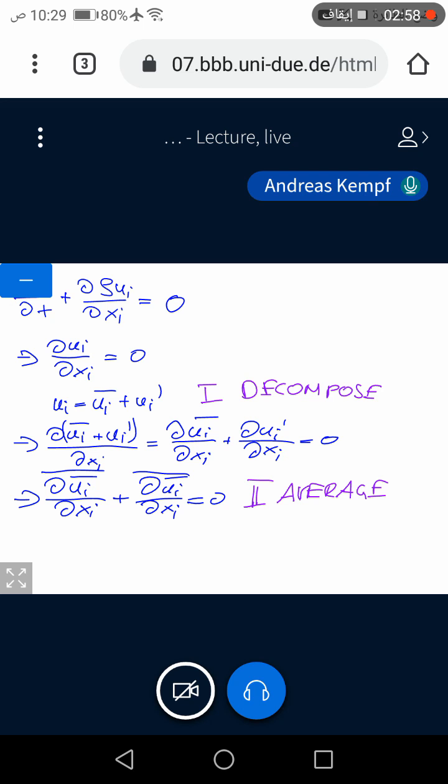And now we have to look a little bit at the mathematical properties of averaging. And it turns out that averaging commutes with spatial derivatives. So we can swap the order of spatial derivative and averaging. So then we end up with ∂u_i bar bar/∂x_i plus ∂